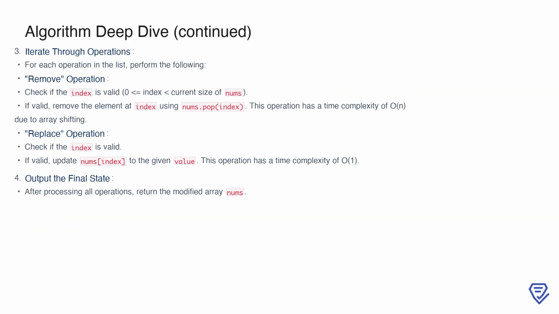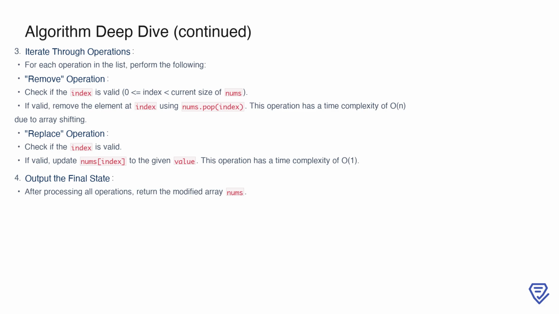The next step is to iterate through the list of operations and process each one systematically. For a remove operation, we first check if the given index is valid, that is, it falls within the bounds of the current array size. If it is valid, we remove the element at that index using the pop method. However, keep in mind that this operation has a time complexity of O(n), since the removal causes elements to